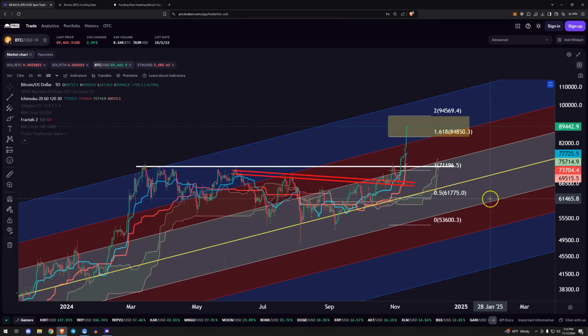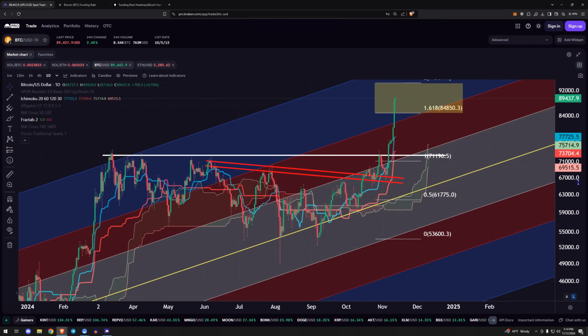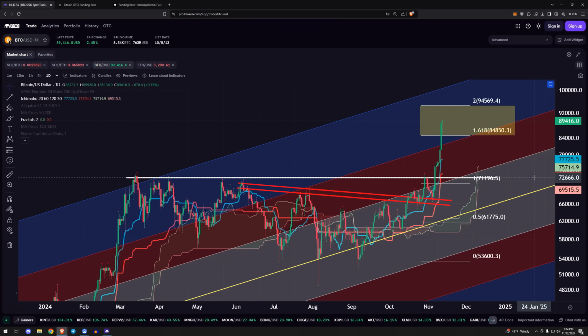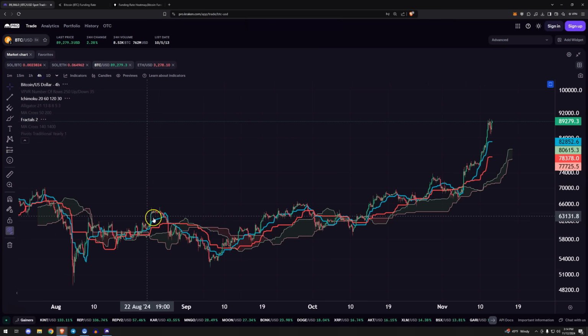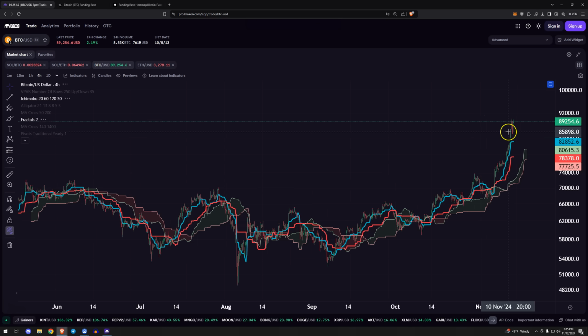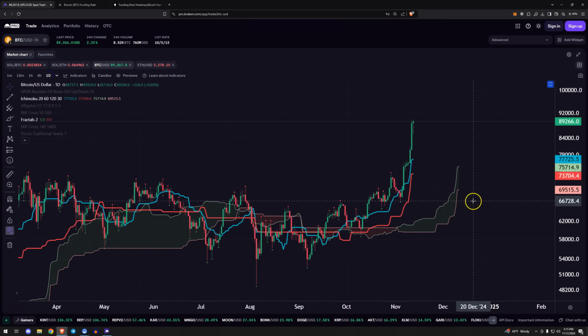But as we stand here today, everything is okay. I don't see any reason to panic close anything other than being parabolic. That's the only thing. I mean, this is very clear. If you go to a lower time frame, you can see this. We start off flat. We start to make highs. We start to make highs. It goes quicker and quicker and quicker, and it just keeps going. And usually you tend to see some sort of blow off top. That's another danger zone indication.